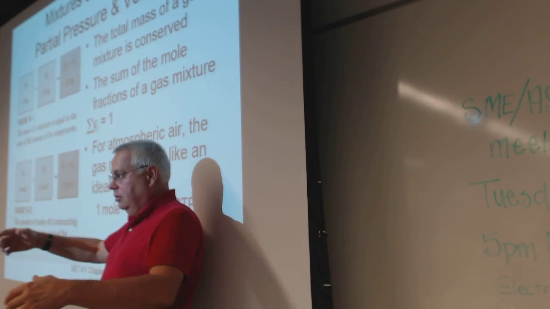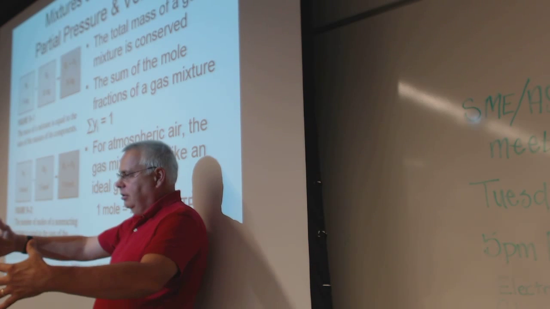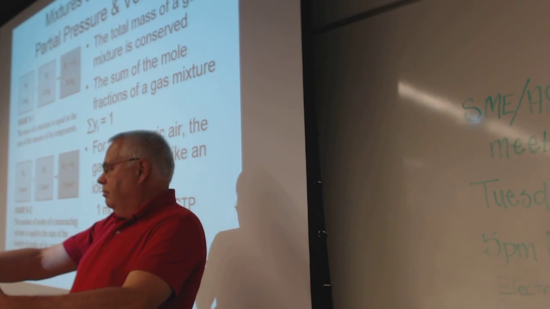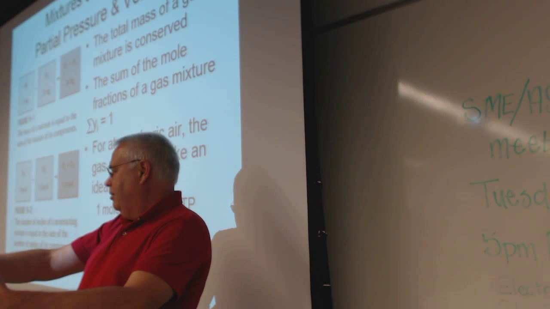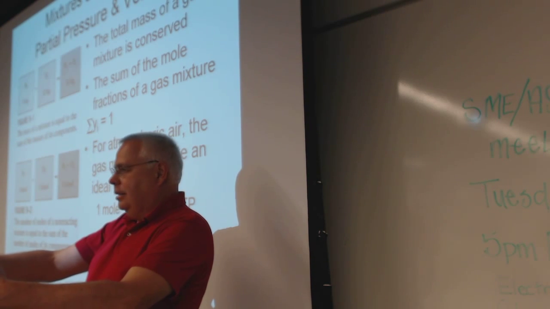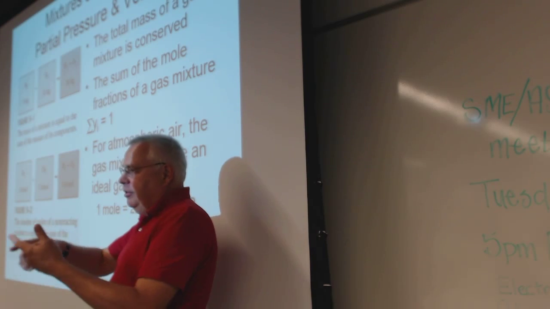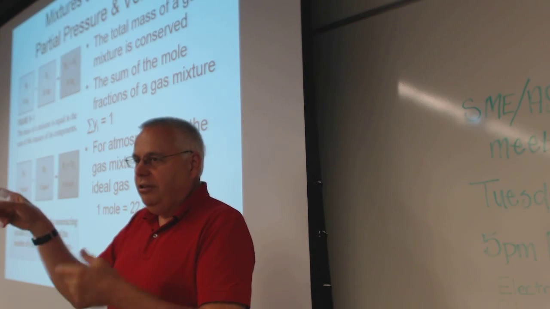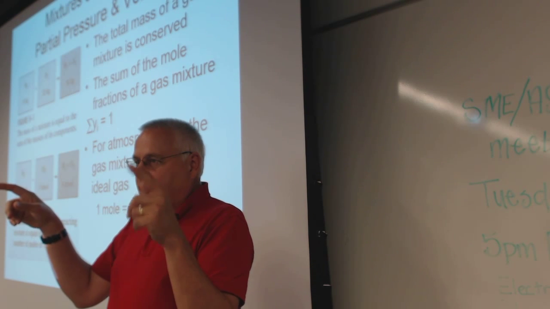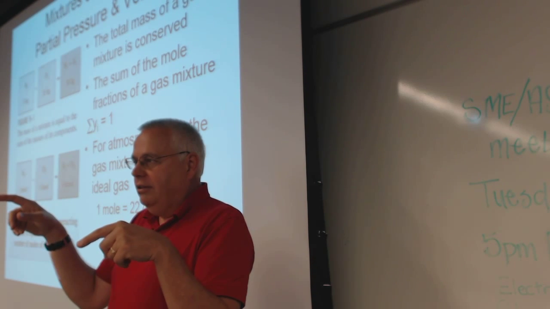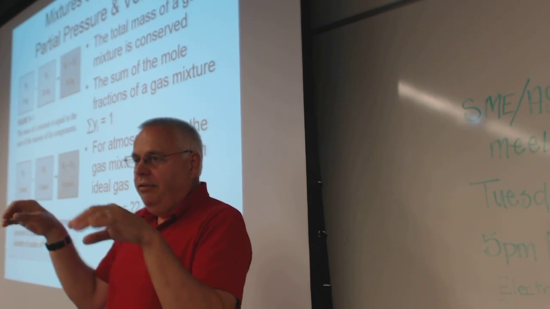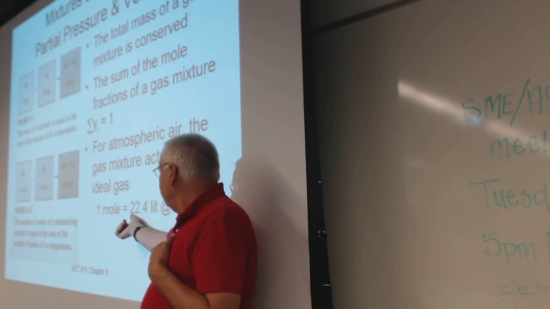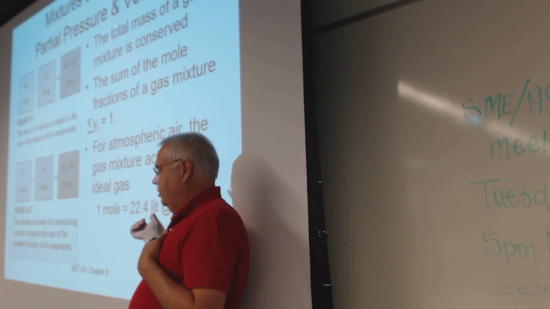If you go back to the basic ideal gas equation, PV equals nRT, and you have 1 mole, which is 1 gram mole, 6.023 times 10 to the 23rd things in a bucket, at atmospheric pressure and temperature, standard temperature and pressure. That takes care of pressure and temperature. R is a constant, and n you just designated as 1. If you crank all those and solve for volume, you're always going to get 22.4 liters of volume